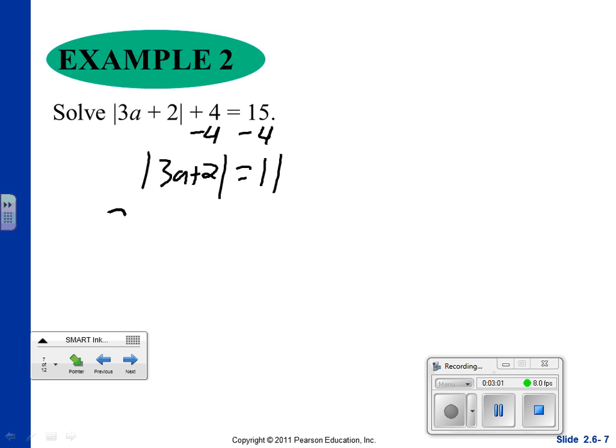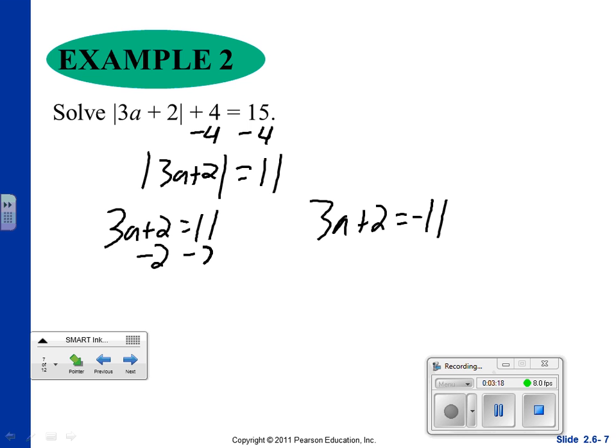Now we can separate it out into two equations. Positive 11, negative 11. Notice I didn't just solve this first one and then say our answer is positive negative, because that doesn't work. Subtract 2. 3a equals 9. Divide by 3, and we say a can be positive 3. Over on this side, if we subtract 2,